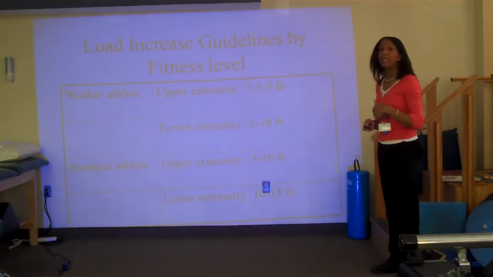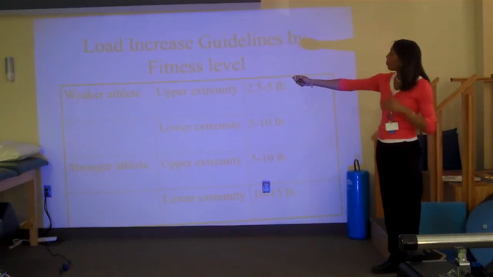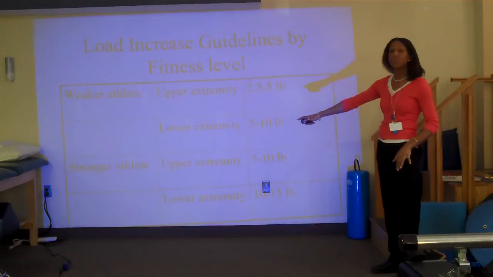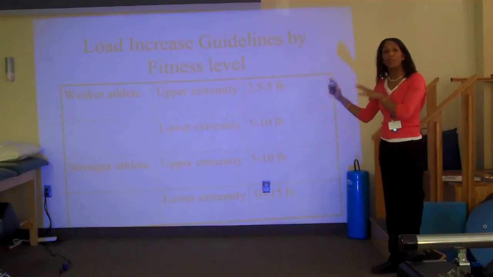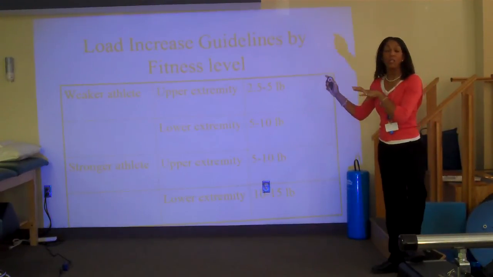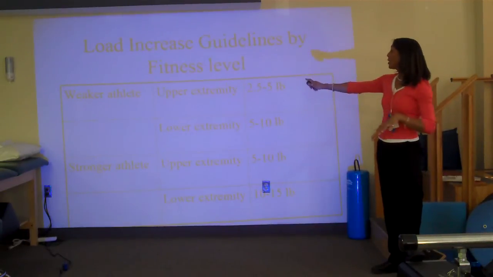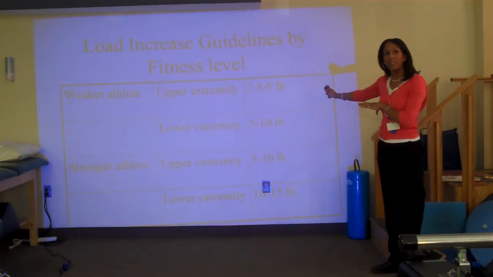So when we look at that load increase by guidelines, we can break it down by the weaker athlete and the stronger athlete. So if you have someone who's less conditioned, not as strong as we might like them to be, okay, look at their upper extremity. Now you're going to increase that weight 2.5